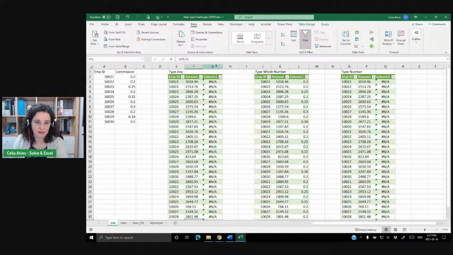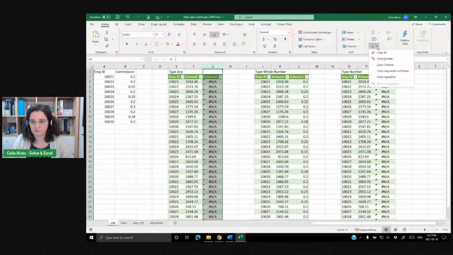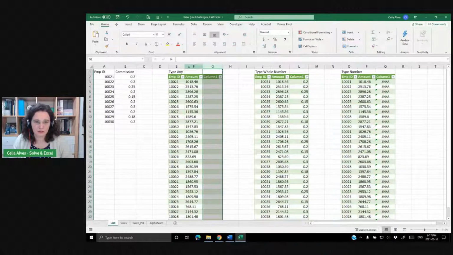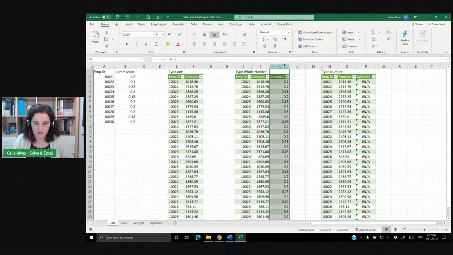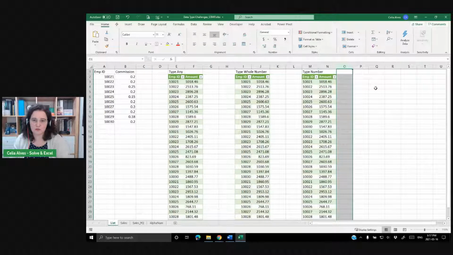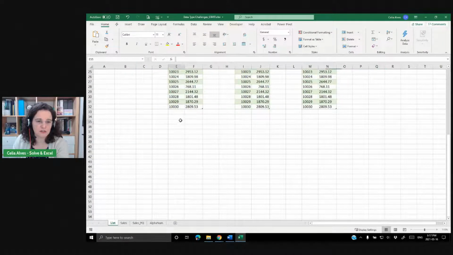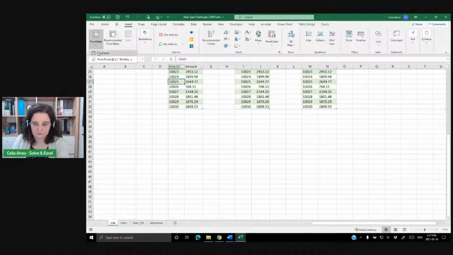In fact, I can even come here and clear this column, clear all. Oh, it doesn't remove the column from the table. So Control minus, here Control minus, Control minus. So now I only have the 2 columns from the data. And let's build some pivot tables. So if I click in any cell and I go to Insert, Pivot Table,